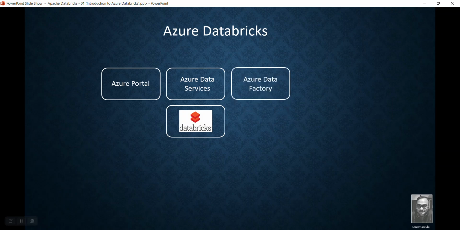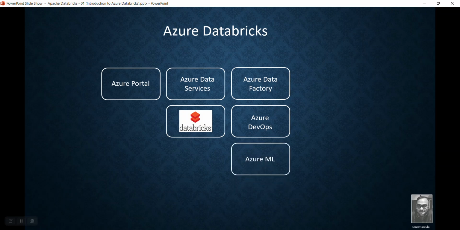The next is Azure Data Factory. You can easily integrate Azure Data Factory along with Databricks using notebooks, so it will be a very easy way to access it. The next is Azure DevOps. If you want to work with CI/CD pipelines, it provides a very easy option using Azure DevOps to work with Azure Databricks. Next is Azure ML. If you want to work with machine learning, you can use Azure ML. Next is Azure Active Directory. You can have the option of single sign-on while working with Databricks through Azure Active Directory,